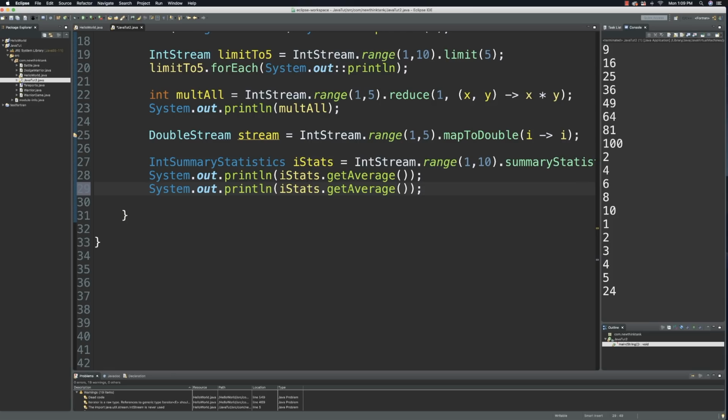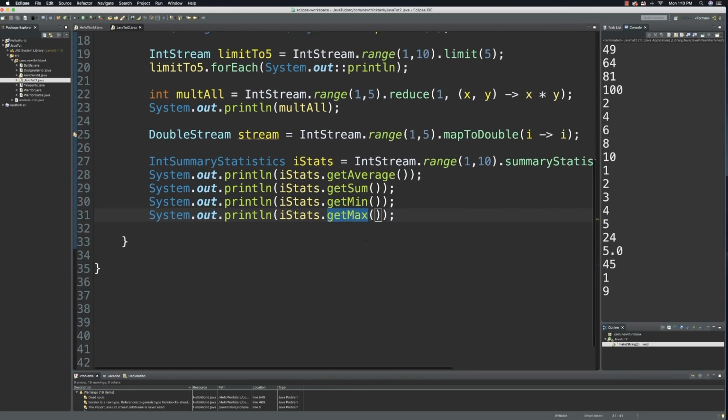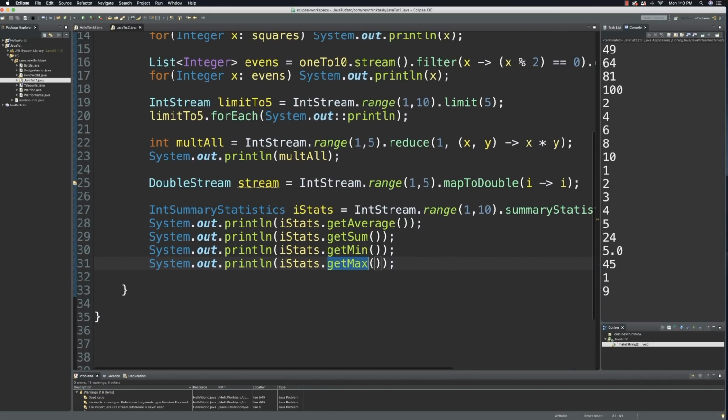We're going to be able to sum them, just putting get sum inside of there, get minimum, and also get maximum. And there you can see are our answers. All right, so a very quick run through of how we can use streams and map and filter and reduce. I'm going to do a little bit more with those as the tutorial continues, but now I want to talk